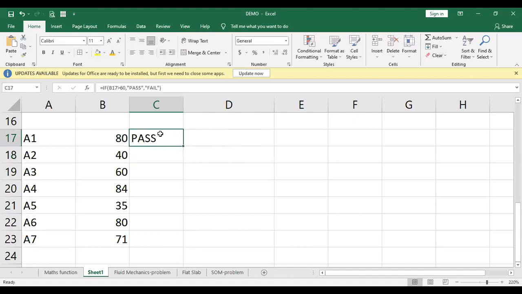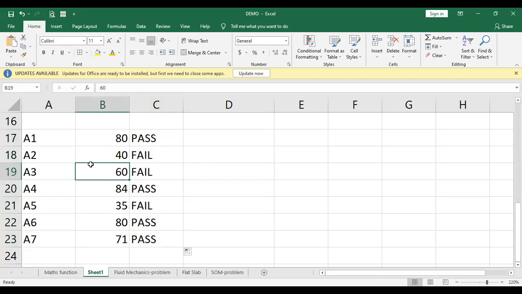If I just press enter, the value is pass because it is more than 60. You can just simply drag here. So this is a very good option in this Excel sheet. If you just simply drag here, it automatically checks the condition for all the values. So if I just make it here 61, if suppose 84 is there, if I press 45, 47, it will automatically get updated. If I just press here 91, yes. So that's how this if function will work.